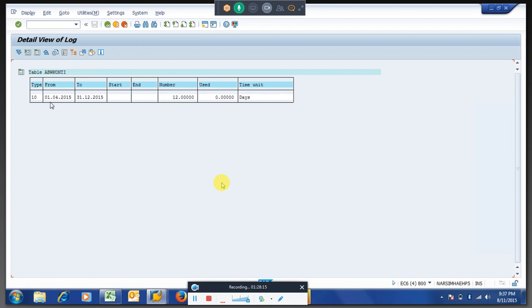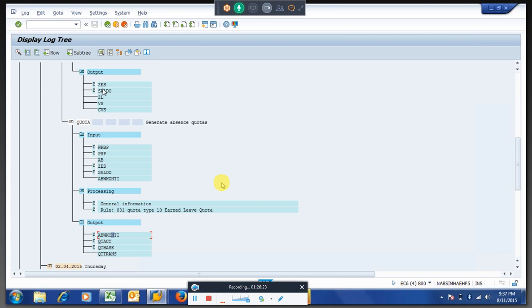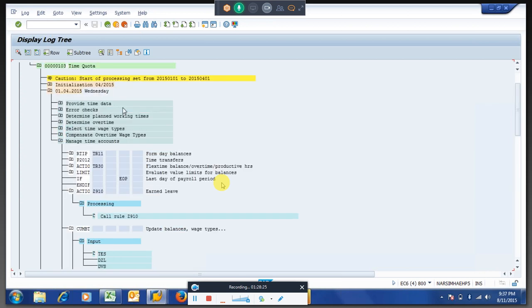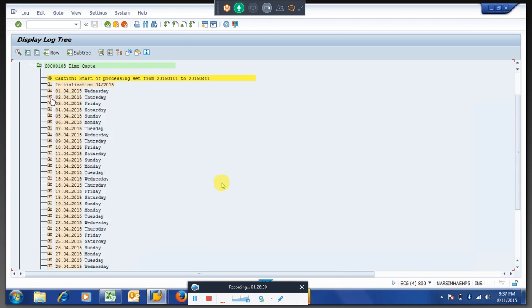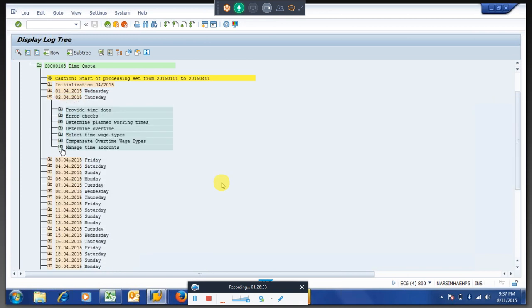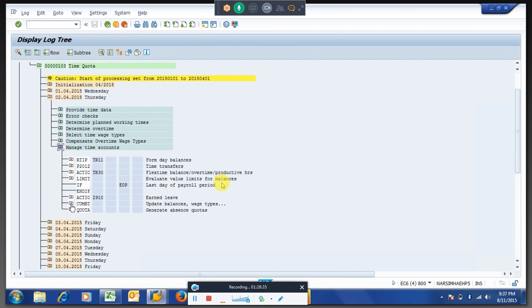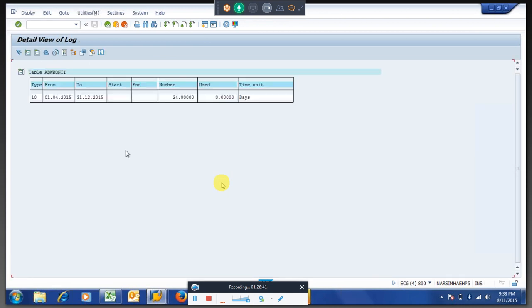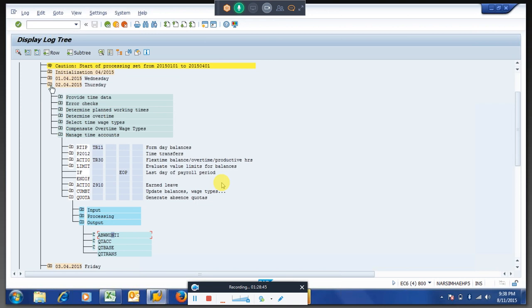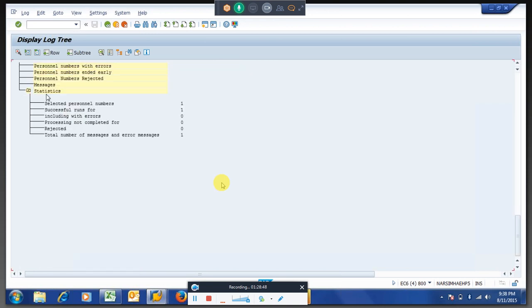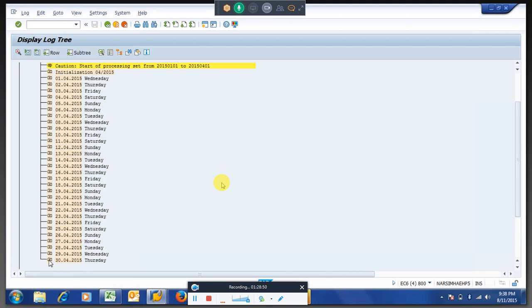If you do a live run, it will generate the quota. Today I won't do the live run because it's not the right thing to write the rule, because, as somebody asked previously, I think Amit, if you see, whatever logic we have written is wrong. Again, if you go to the second day, it will generate another 12. So what we have written is daily we are generating 12 leaves for the employee. So if you go to the month end, it will be 12 for every day.